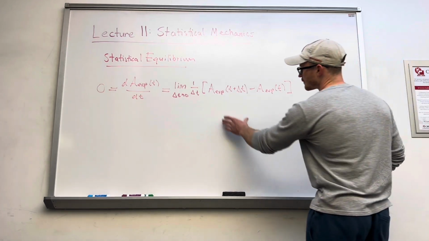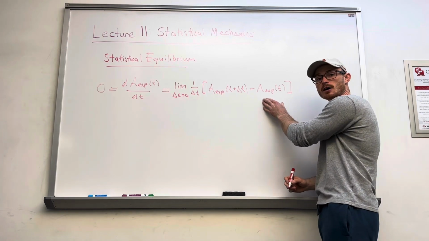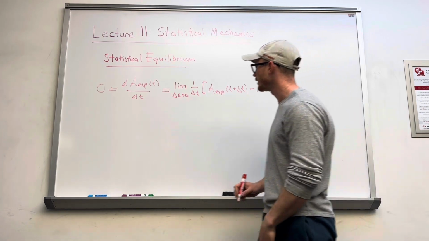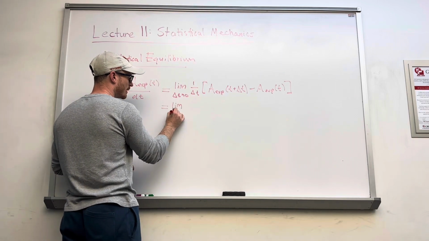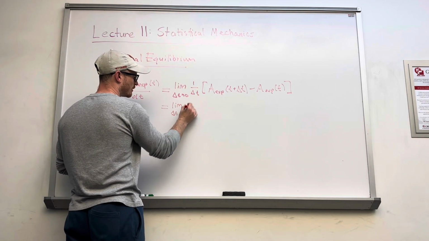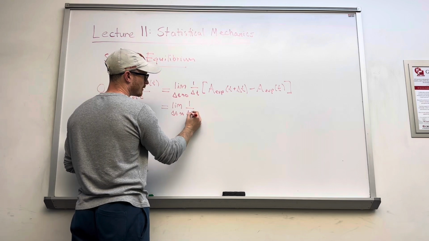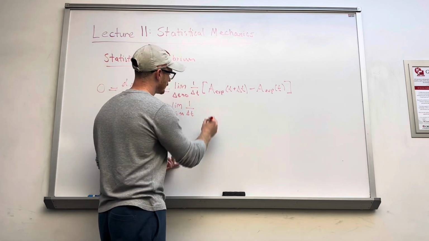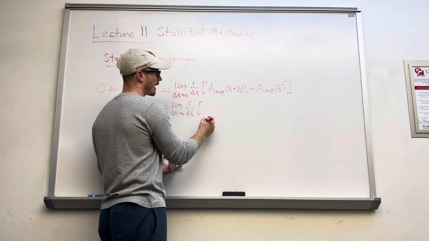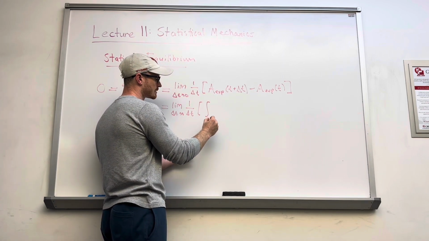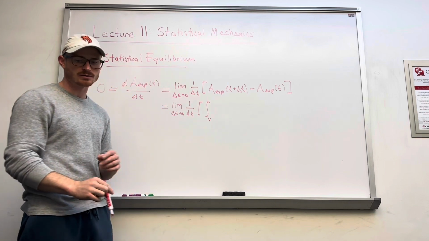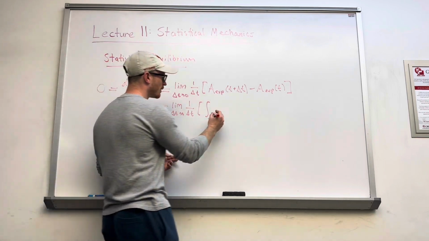Now we have definitions for these based on our probability density function, right? So let's just write those in. This is equal to the limit as delta t goes to 0 of 1 over delta t times, we now have this guy is equal to the integral over the phase space, which I'm denoting as V, of A